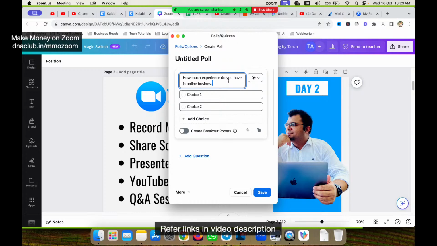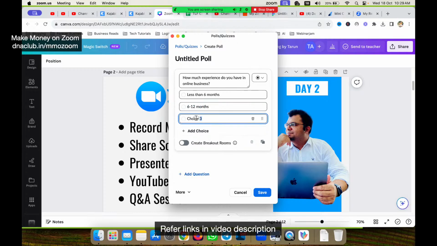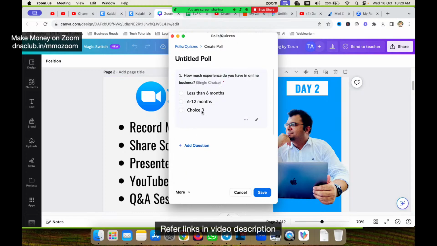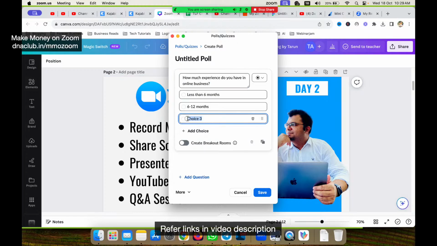Choice number 1 is less than 6 months. Second option is 6 to 12 months. I want to add more choices, so I can edit this and put more than 1 year.